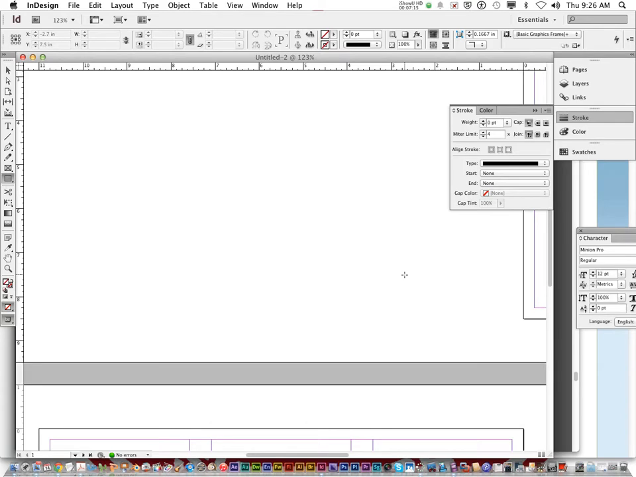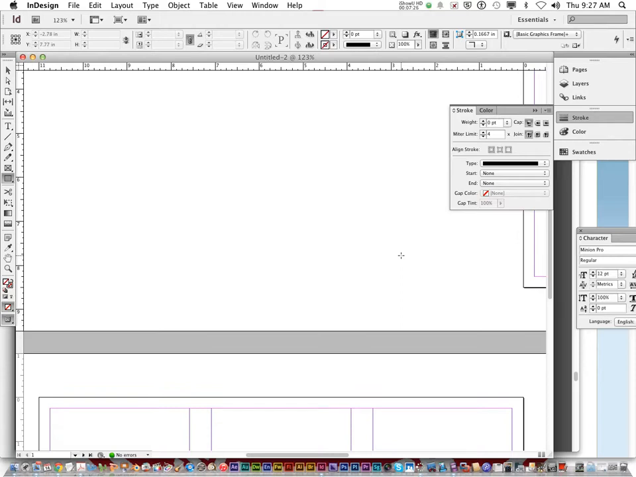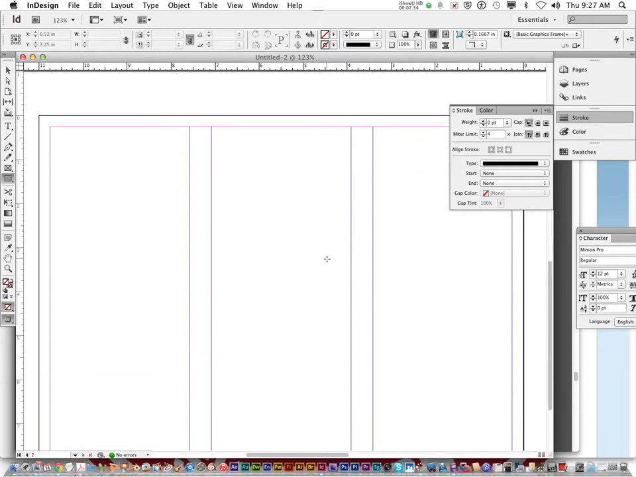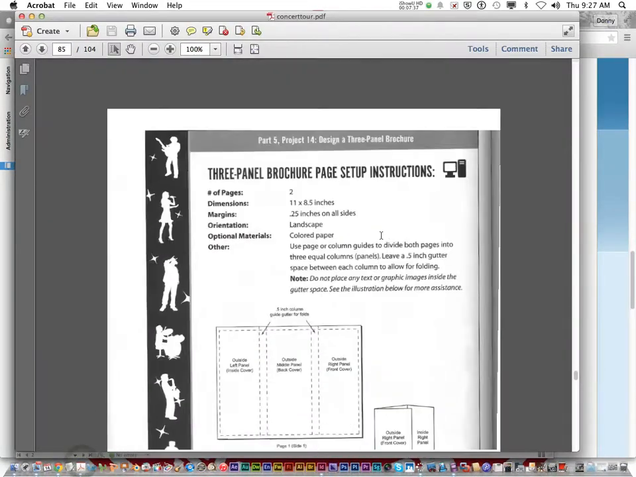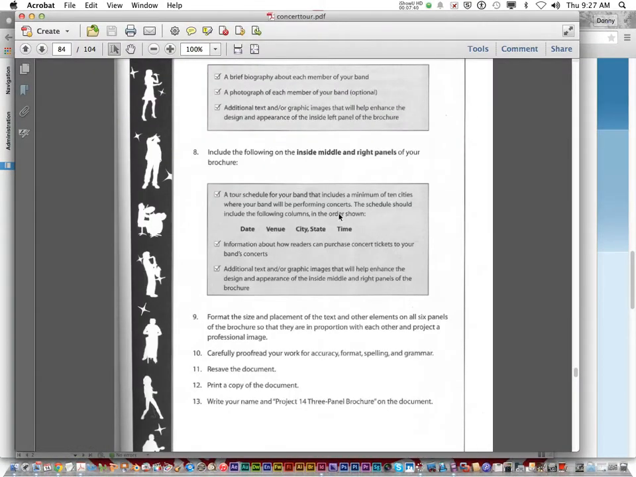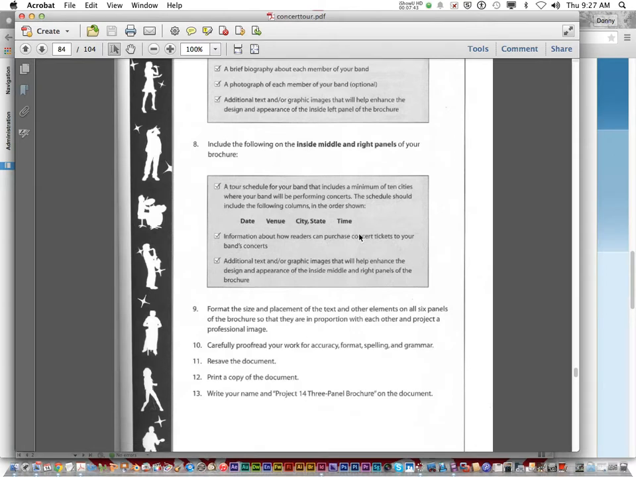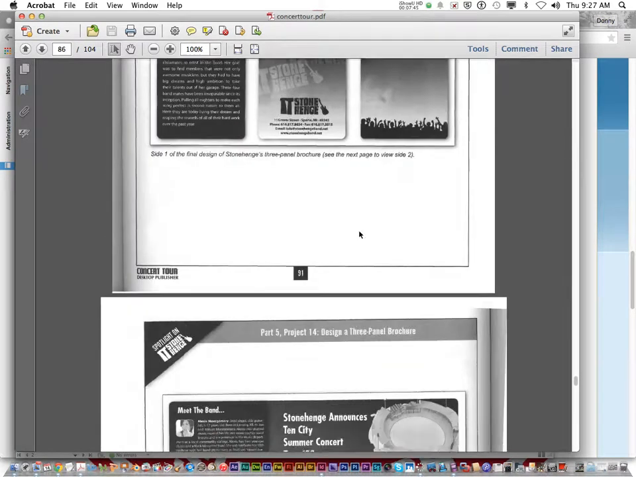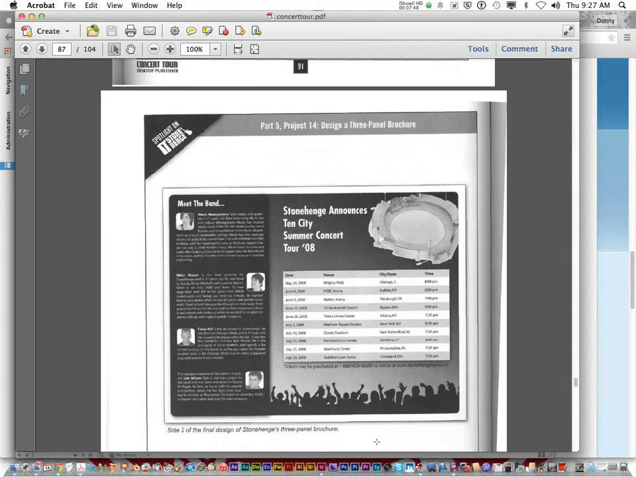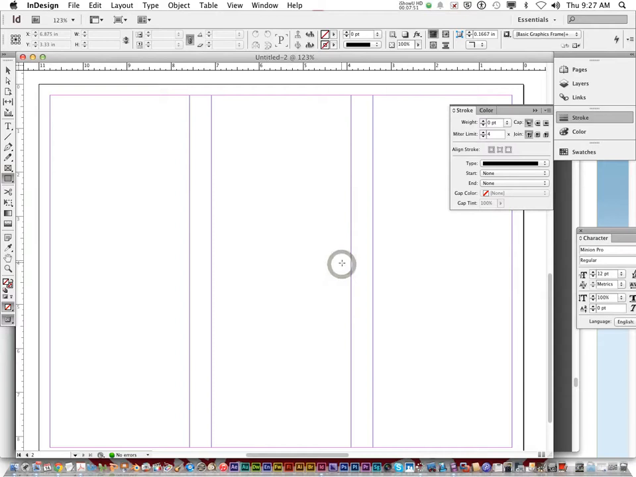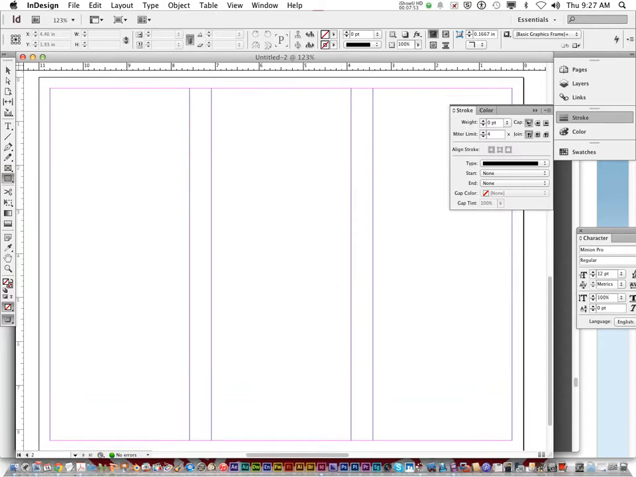Now, what I want to show you that you've never been shown or taught in InDesign before is how do you create a table? Because on the inside cover, it says in the instructions, you need to create a table with a date, venue, city, state, and time. So something like this. So the way you do that is, I'm on page 2, and you go to the